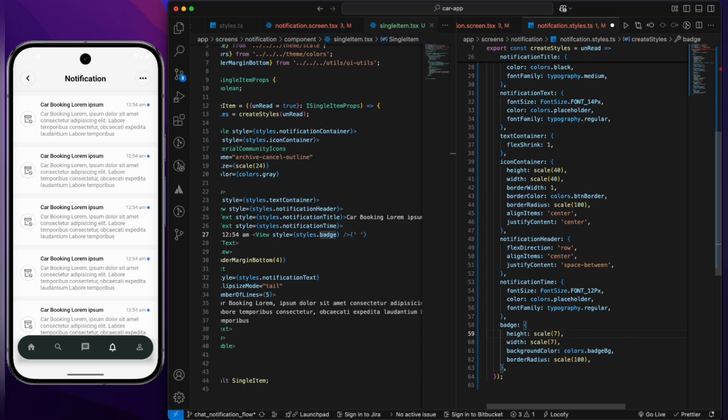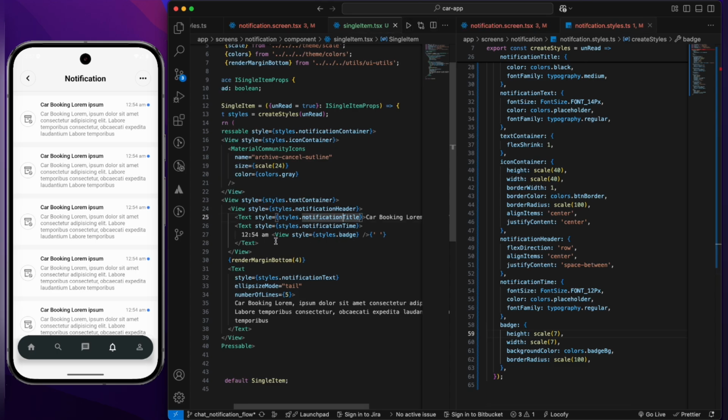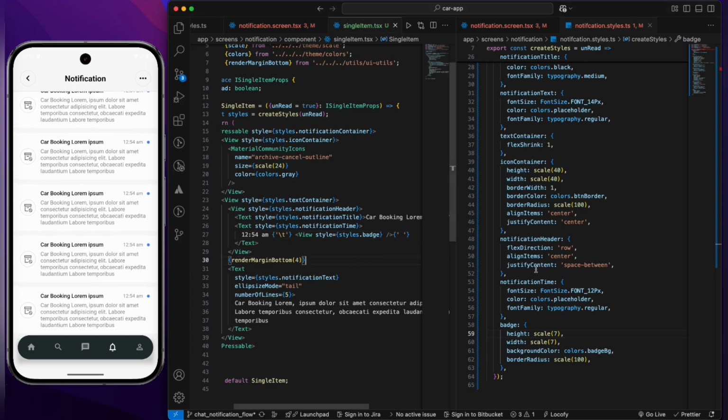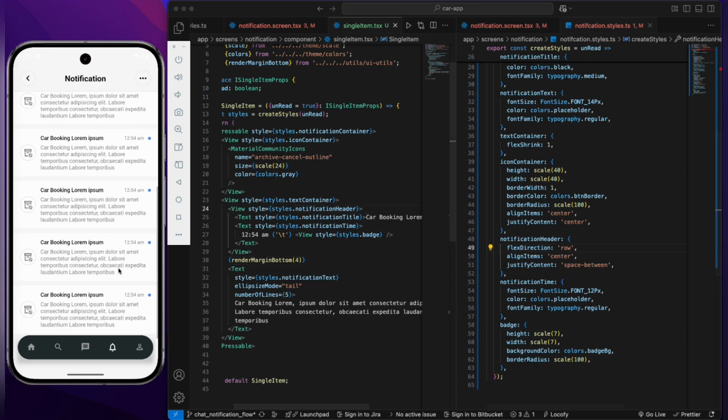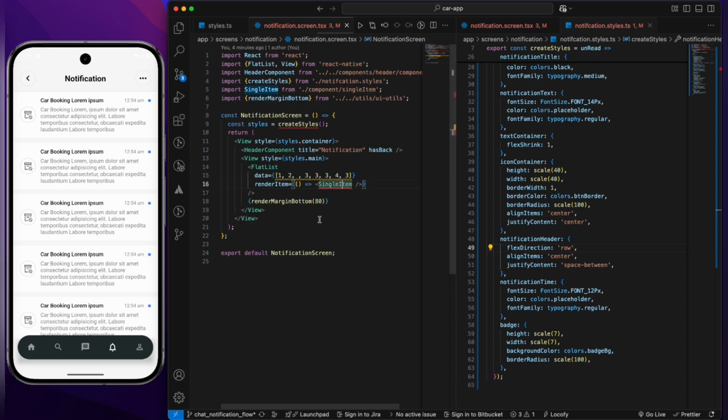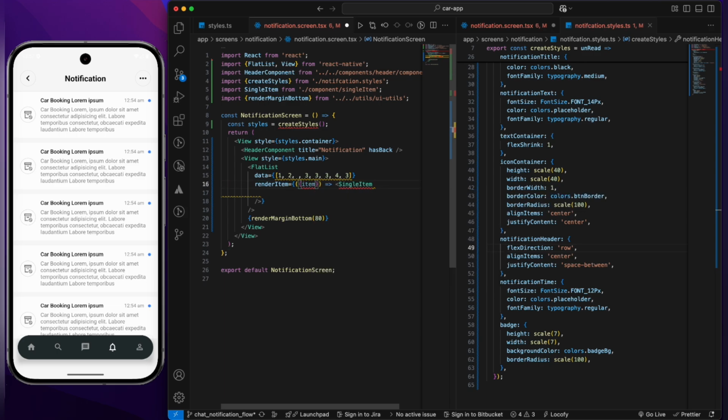Yeah, it is not getting added, because we are inside this particular text, so we have to write this space. So let's add something like this. Yeah, now it is looking fine, right? So let me remove this. So yeah, what I'll do, I'll render it conditionally. So if the item which I am receiving,